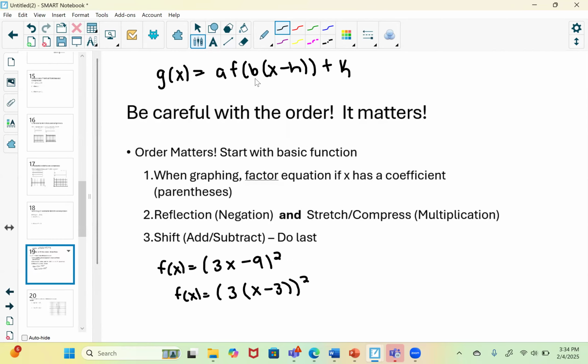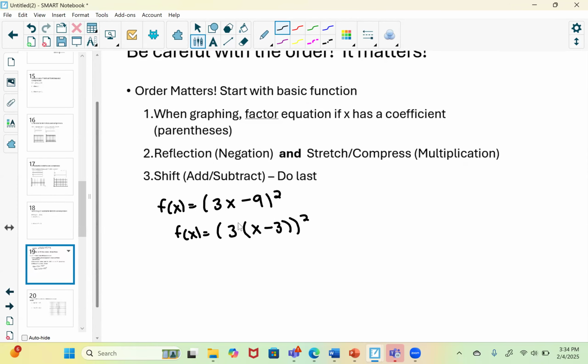So we always do the A and the B first. It doesn't matter which one you do first. And then H and the K last. And again, it doesn't matter which one, H or K, first. So for example, this one, we would first horizontally. Okay, so my B is 3. Okay, so I would horizontally compress